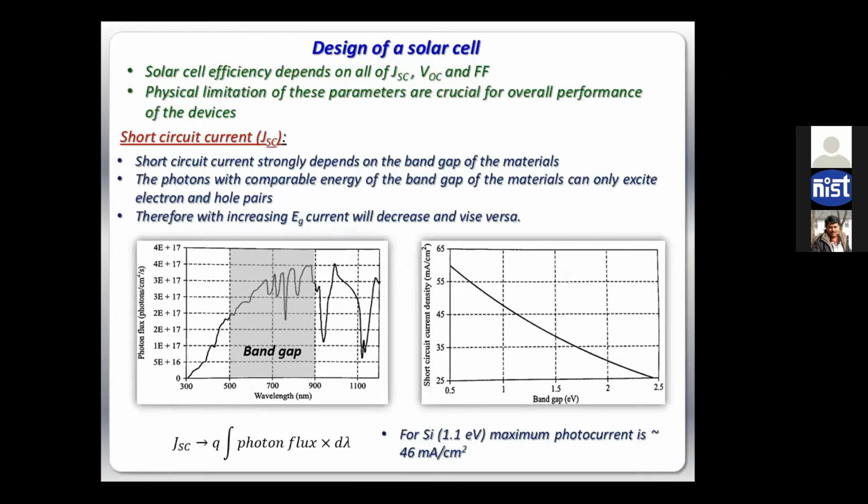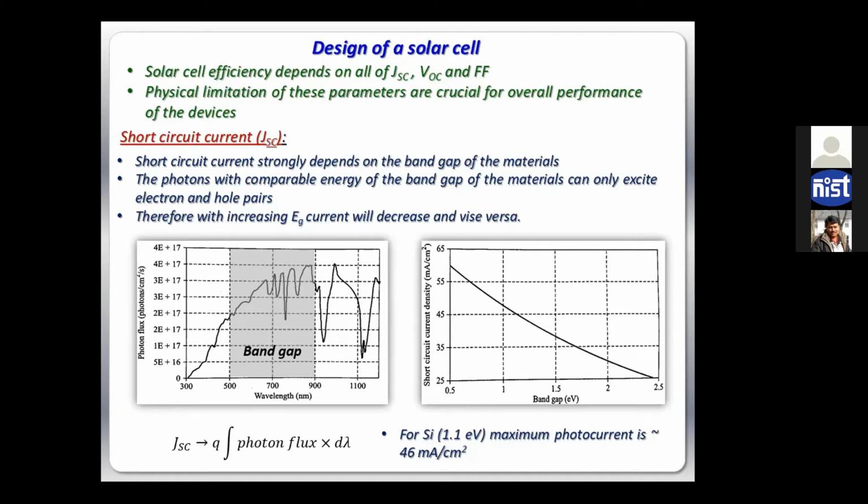Now the first thing that comes to mind is how to design a solar cell, right? If we talk about a solar cell, there are four factors: open circuit voltage, short circuit current, fill factor, and ultimately the combined effect goes to the conversion efficiency, right? So to understand the behavior of a solar cell, we have to understand the behavior of each of these parameters: how JSC behaves, how VOC behaves, how fill factor behaves, right? These are very crucial to understand and to have a fundamental skill to develop or design a solar cell. So one by one, let us see.